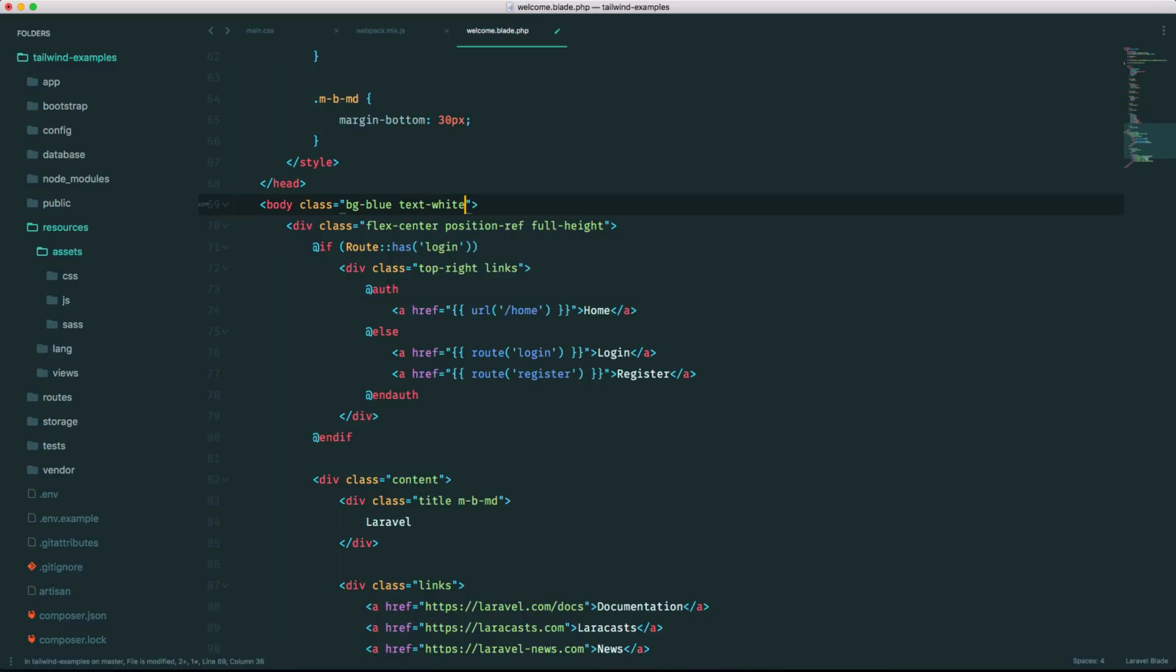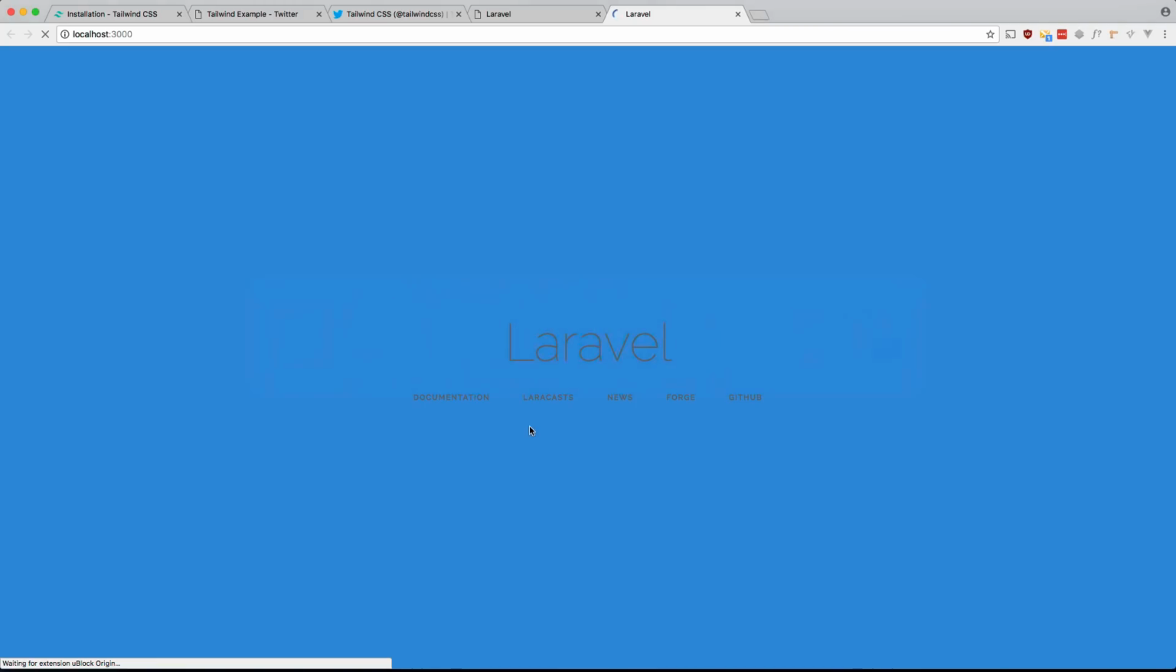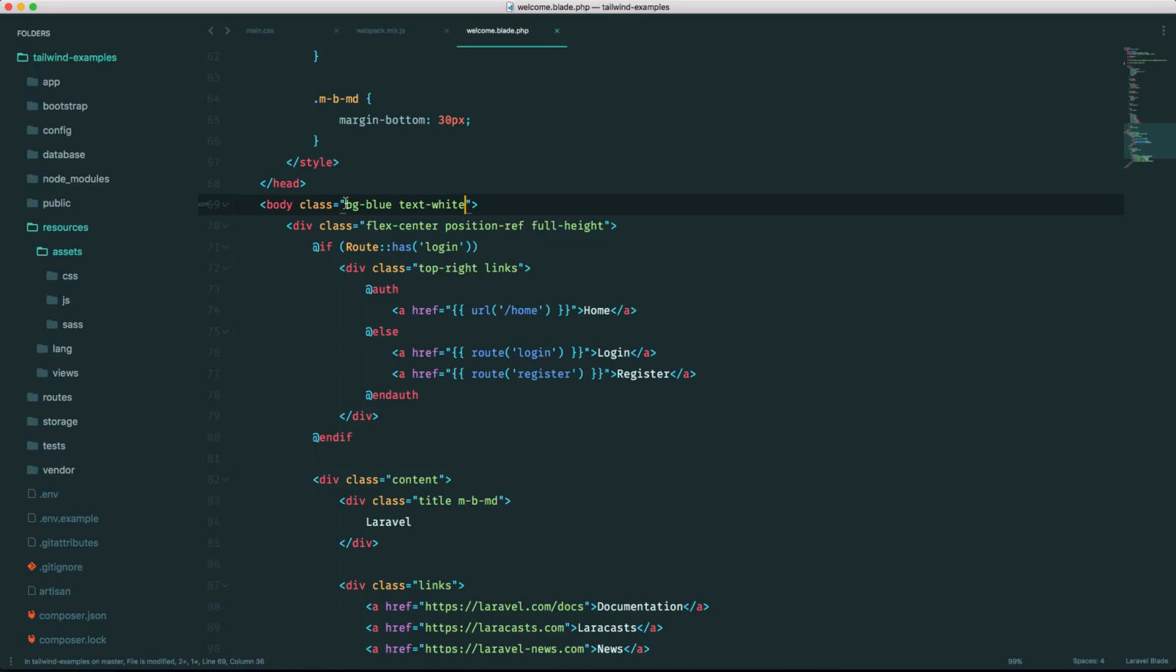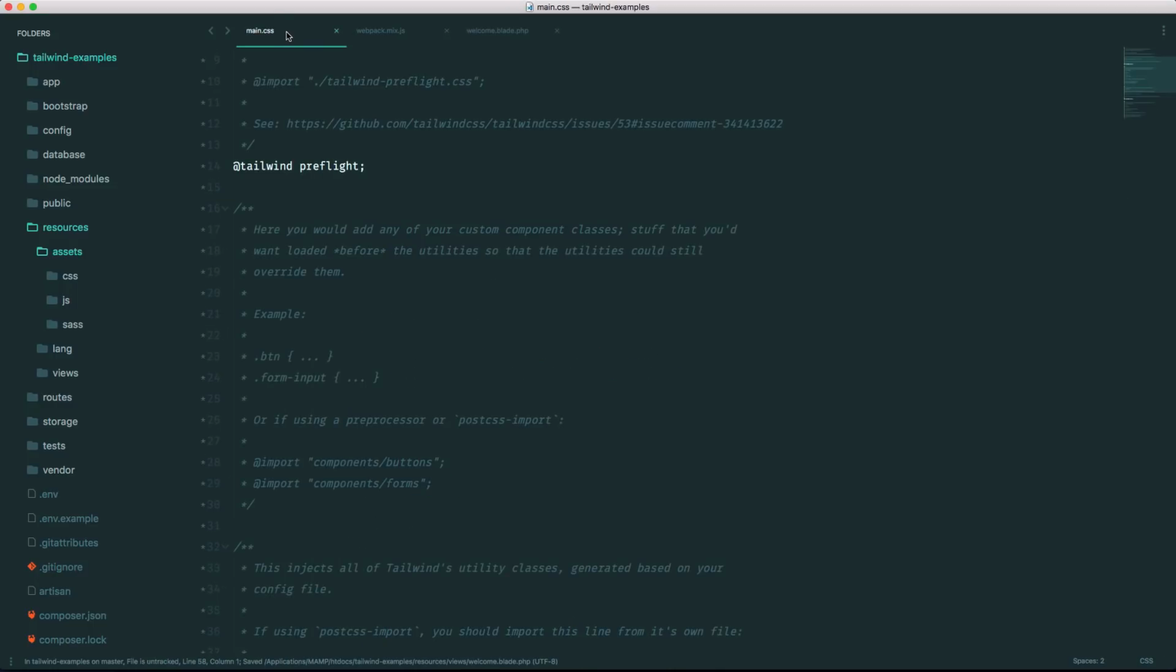So say we have this BG blue text white. Say this occurs several times within our markup. It's probably a good idea to extract that. So what we would do is give it a class name. We'll name it component. Let me just copy that for a sec. Copy that. Component. And in our CSS,